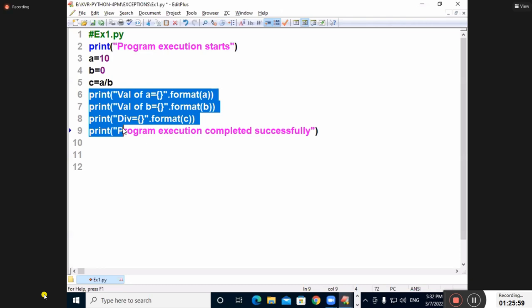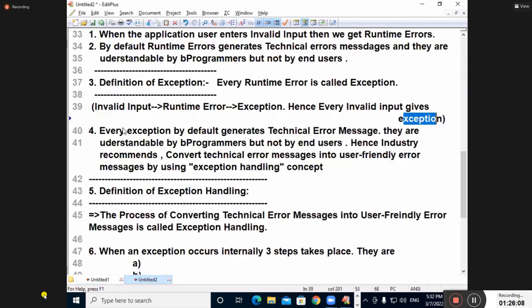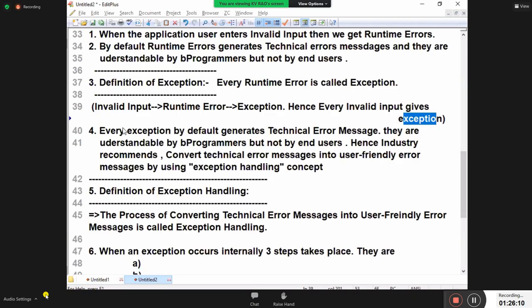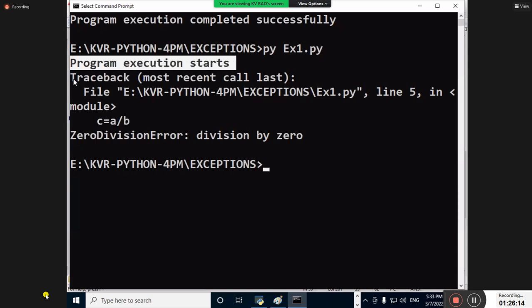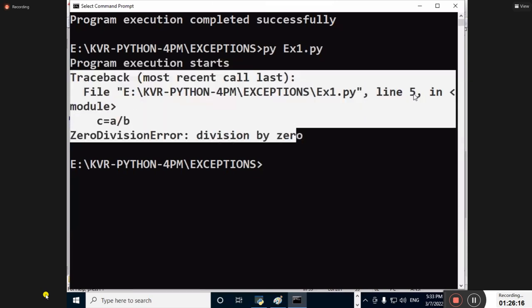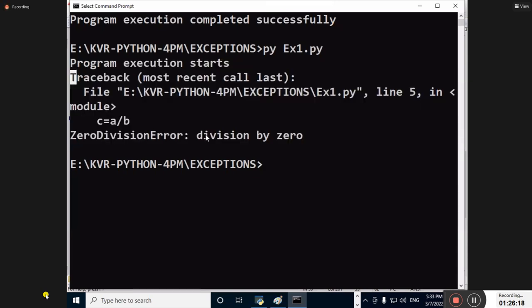What is that wrong thing? I don't understand. I am sending one message. Suffer with it. Execute. See, my dear students, execute. See this message. Everything is more practical, students. See, all of you. Program execution starts. See this message, please. And at which line? This message is what message?